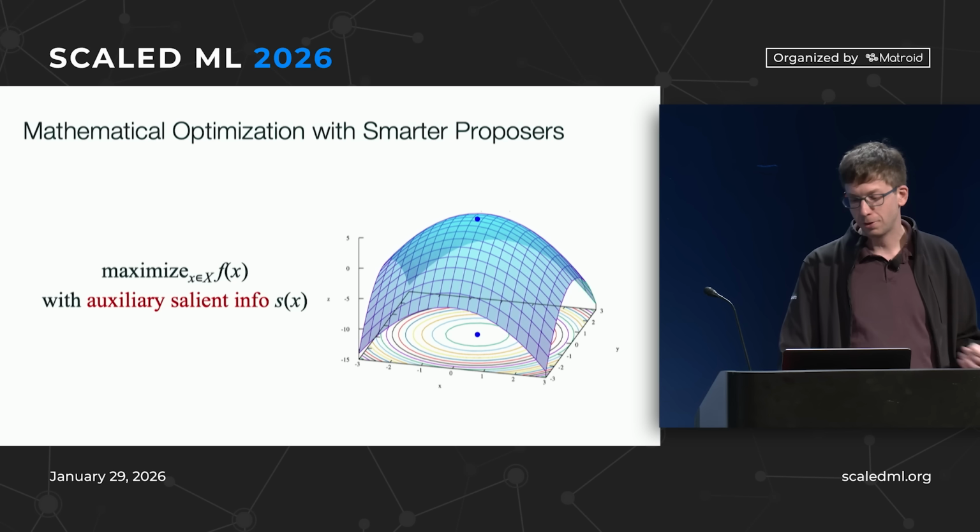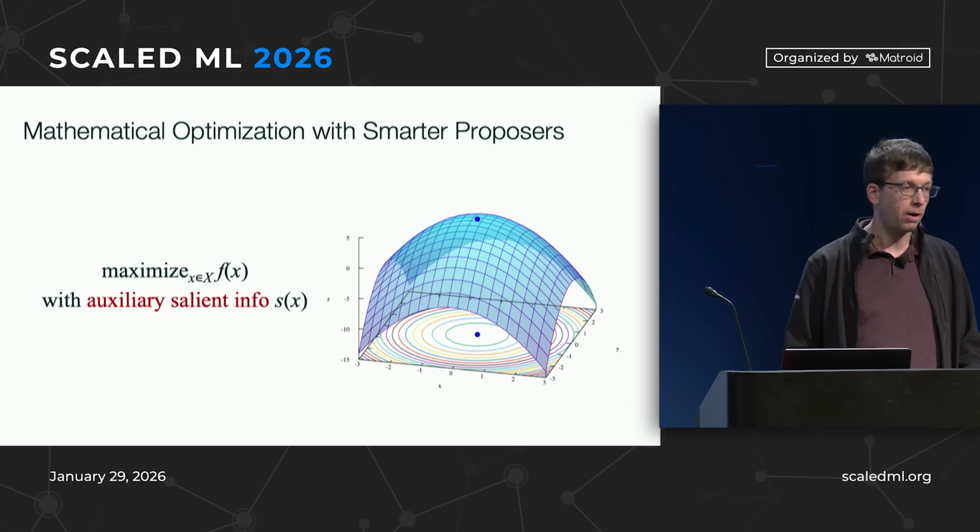The way I view it is a little silly, but if you ask me to optimize this function with this graph, I would just eyeball it and say, yeah, looks like it's up there, right? So I'm using my capability as a VLM, and I'm not just doing evaluations and gradients in the boring way. So I call this optimizing with auxiliary information, optimizing with ASI. That's what I call the information. So what does this mean as a paradigm? I think it means there's a lot of cool things you can do.